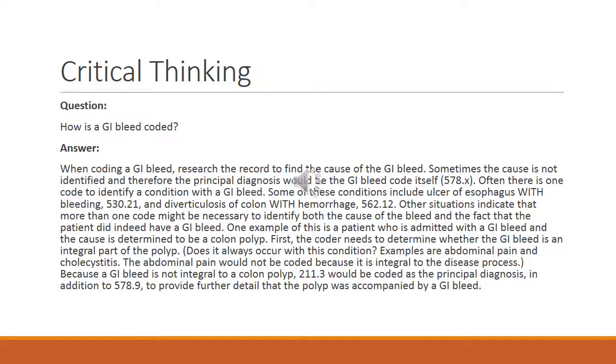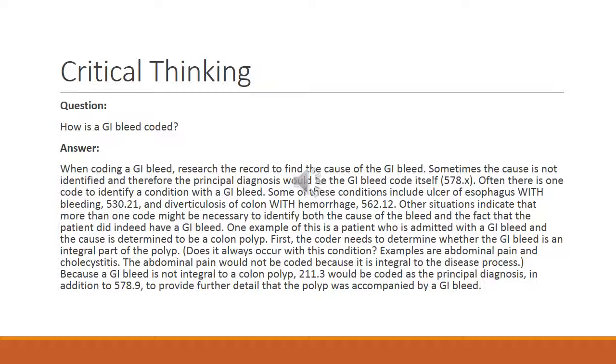Now our first critical thinking question: how is a GI bleed coded? And our answer: when coding a GI bleed, research the record to find the cause of the GI bleed. Sometimes the cause is not identified, and therefore the principal diagnosis would be the GI bleed code itself, which is 578.X. Often there is one code to identify a condition with a GI bleed. Some of these conditions include ulcer of the esophagus with bleeding, which is 530.21, and diverticulosis of colon with hemorrhage,